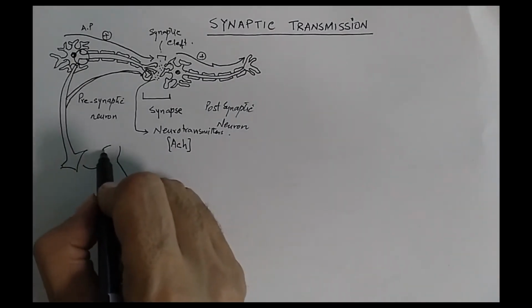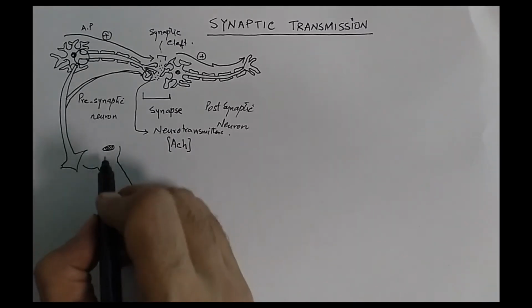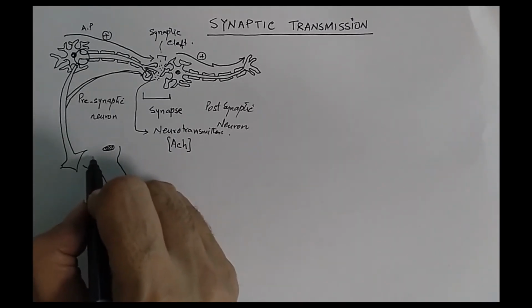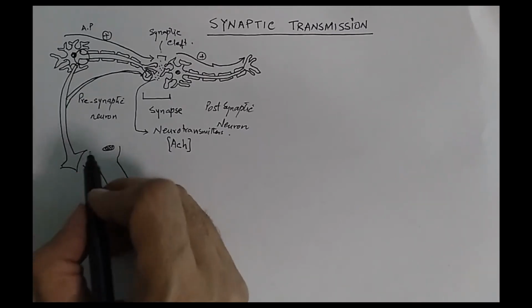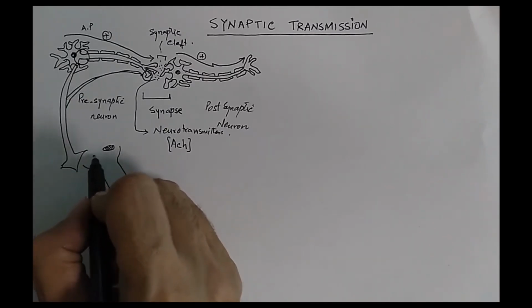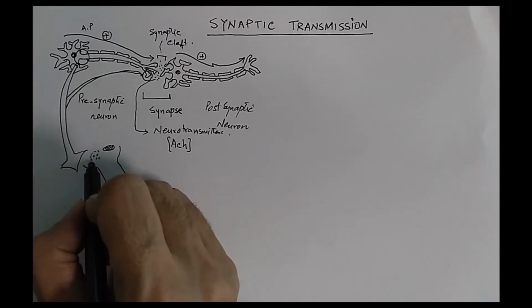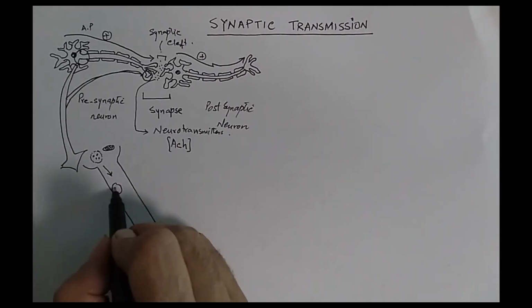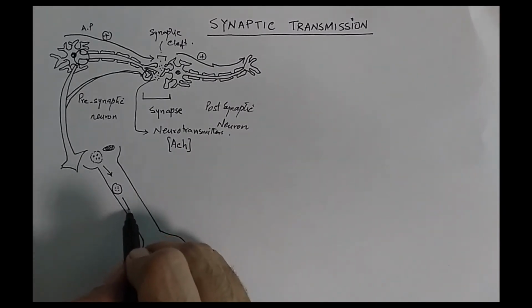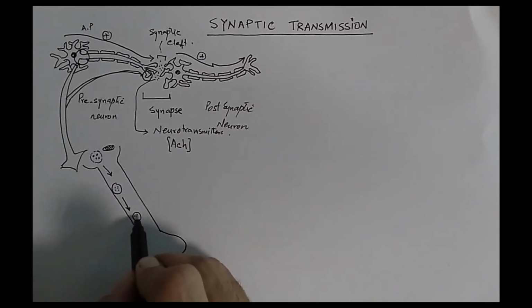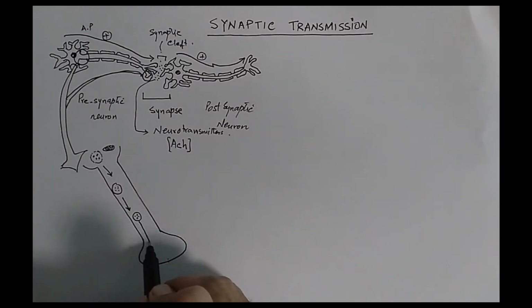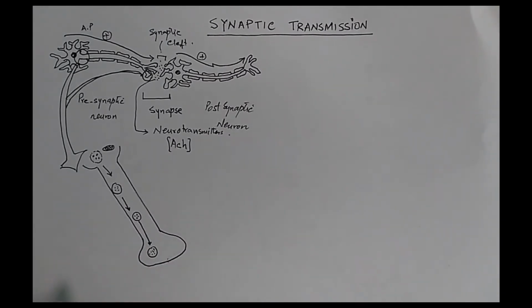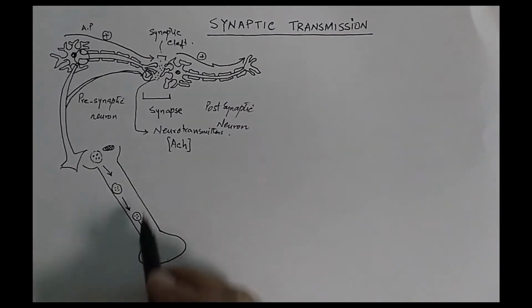The mitochondria provide energy to produce the specific protein-like, enzyme-like structures that are called neurotransmitters, and those neurotransmitters are packed into small vesicles. These vesicles, once filled and packed with the neurotransmitters, start moving towards the end into the axonic terminals. Once they reach the axonic terminals, they wait there until the action potential